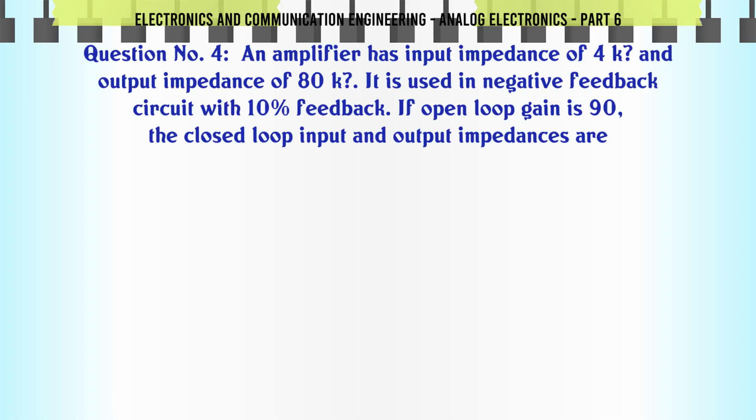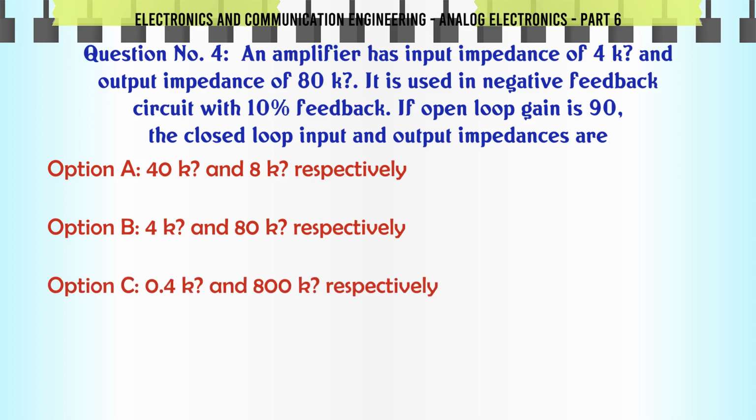An amplifier has input impedance of 4K and output impedance of 80K. It is used in negative feedback circuit with 10% feedback. If open loop gain is 90, the closed loop input and output impedances are